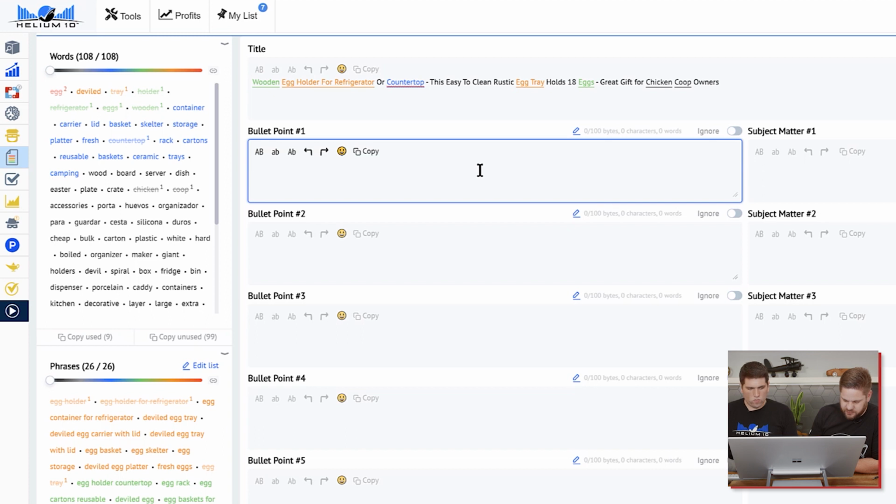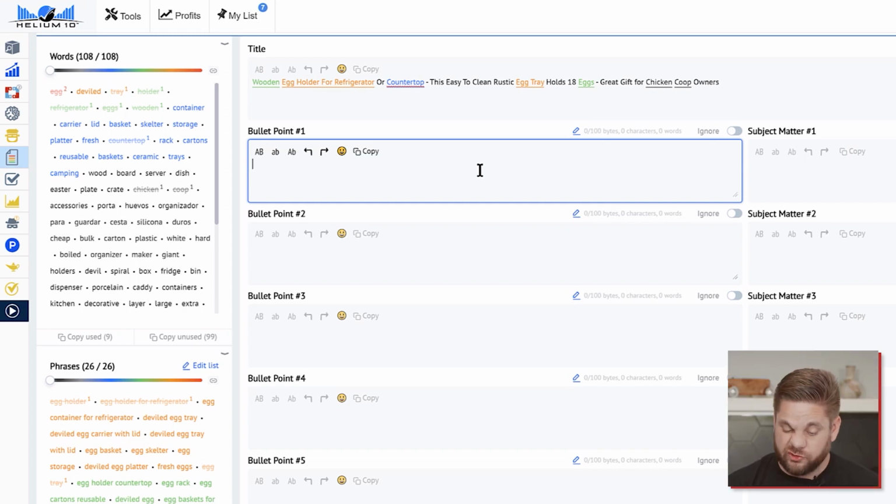Let me look. Egg storage is a good one, because the emotion isn't really going to be for the refrigerator. It's not going to be for a basket. It's technically not a shelter. So we could do something like,